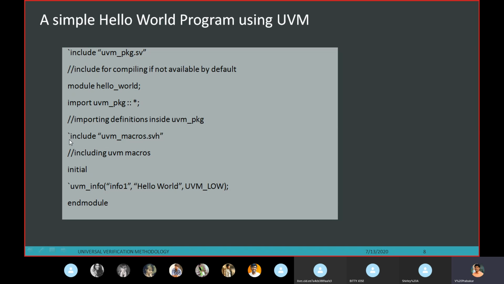Then you have to include the UVM macros, which are available in the library. So that also we are including: `include uvm_macros.svh. For example, here within this initial block,